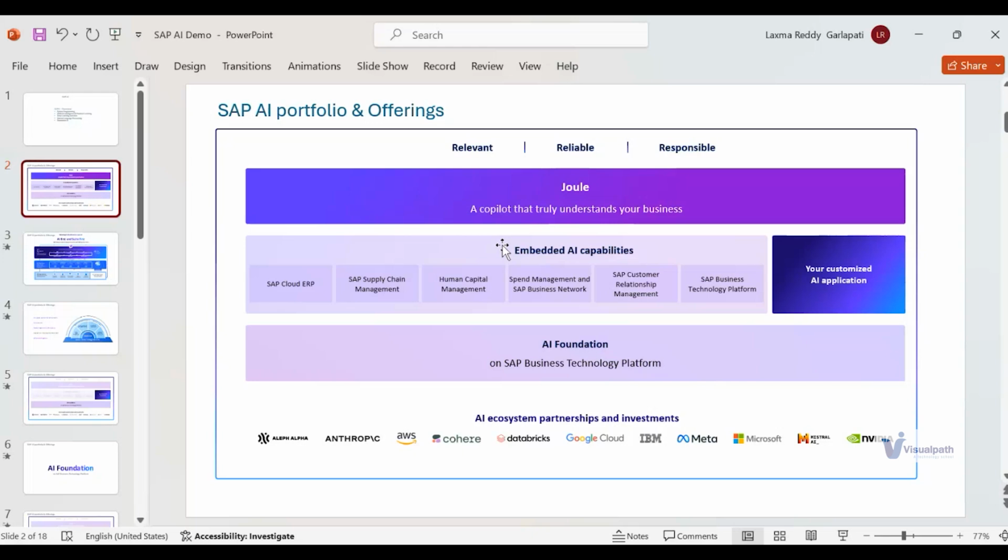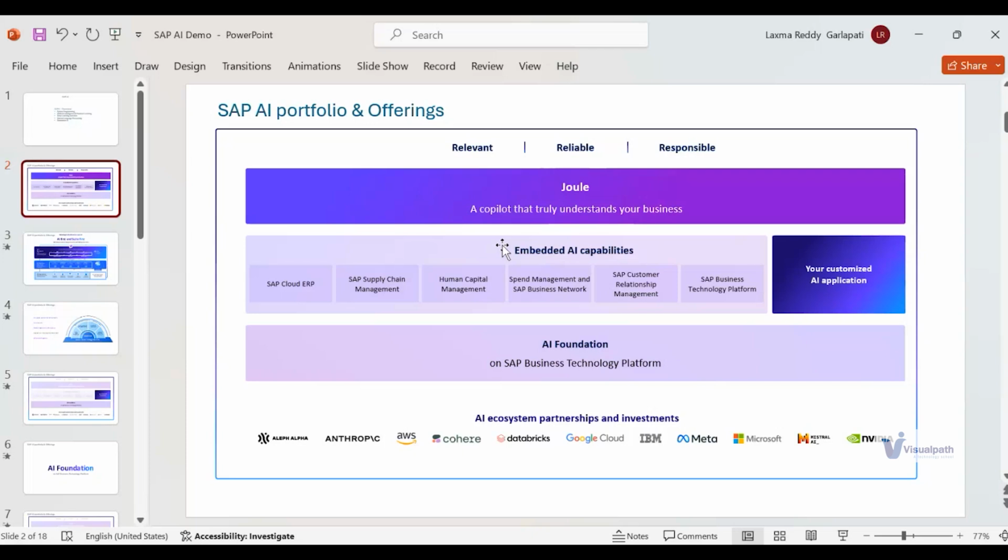It doesn't mean that everything is being provided by SAP, but being a skilled SAP AI professional, we have an opportunity to build our own use cases within the SAP ecosystem.